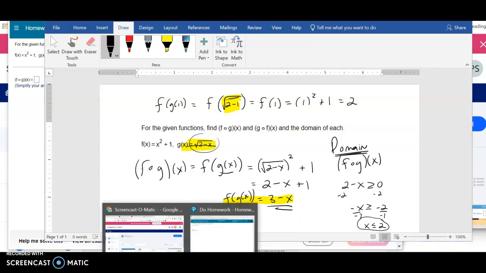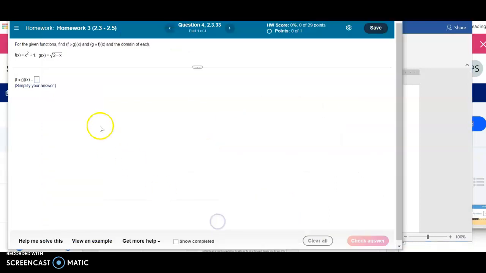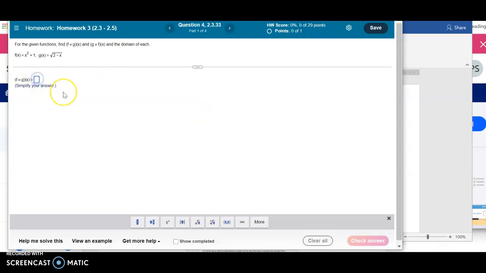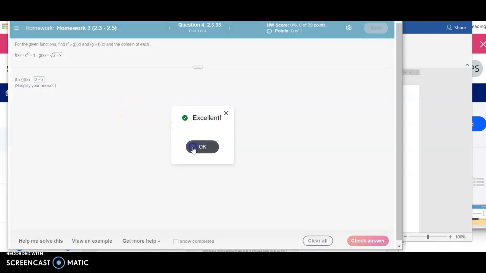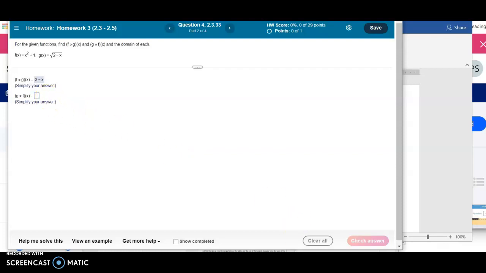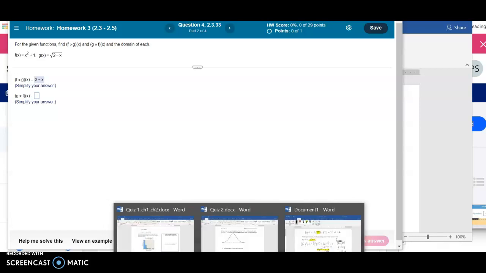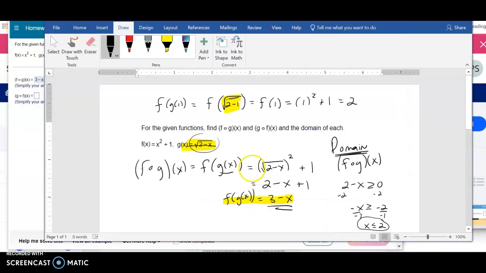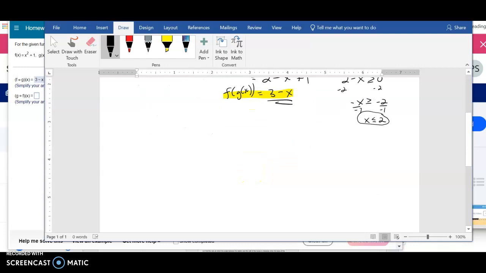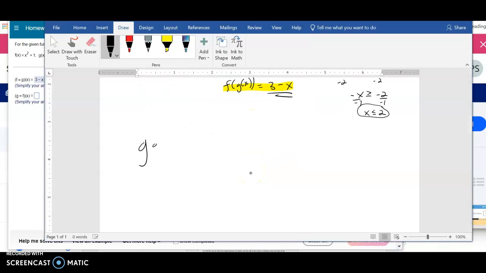Let's see how we did. 3 minus x. Okay. Oh, we got to find g of f. Okay, so they're a little out of order. Well, I'm doing them in a different order. That's okay. So let's do the other way. G of f. All right. G of f